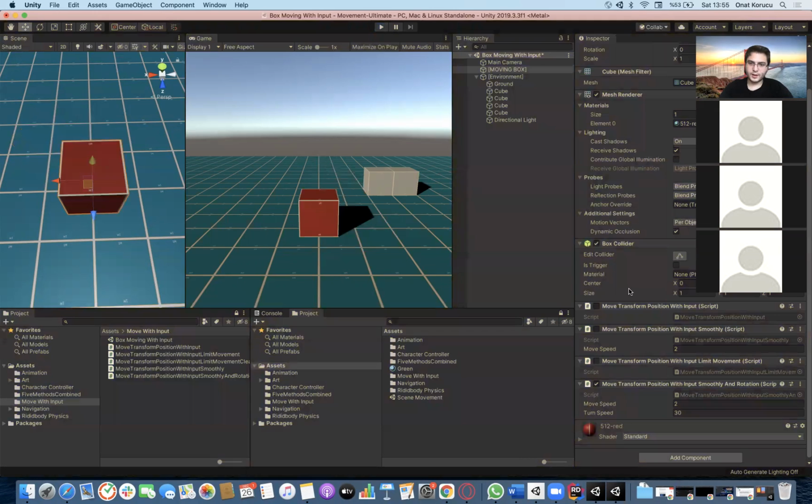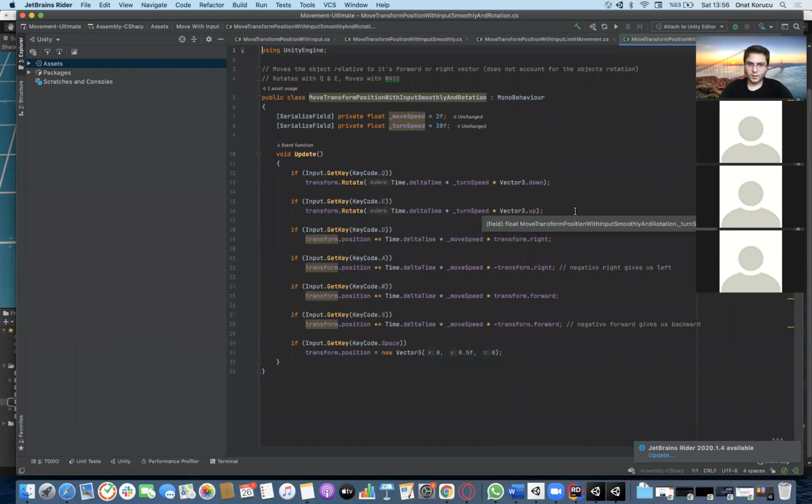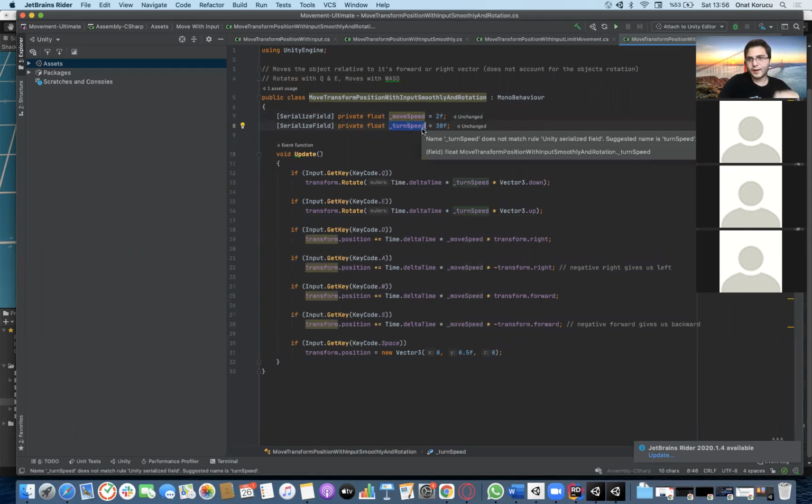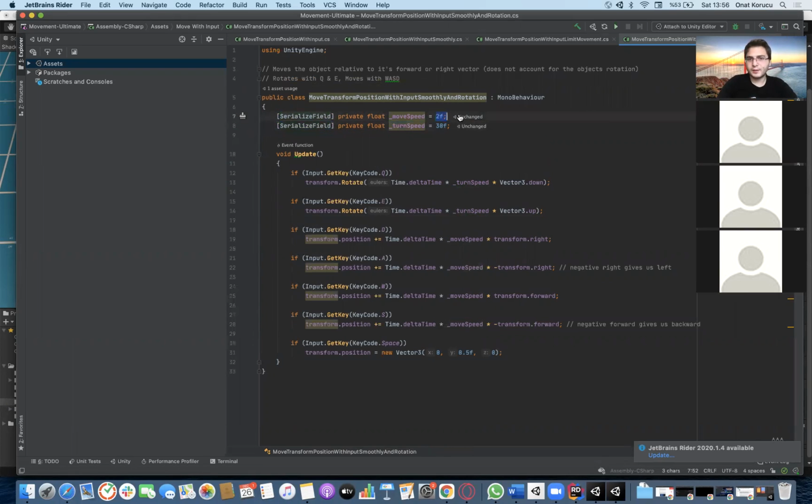Let's see how we achieve this. This could be really useful in your games. I have declared two variables. One of them is move speed, and the other one is turn speed. Those are again to easily change those numbers within the editor. Since they have serialized fields, they will appear in the editor, and their default values are given here and here. So inside the update method,